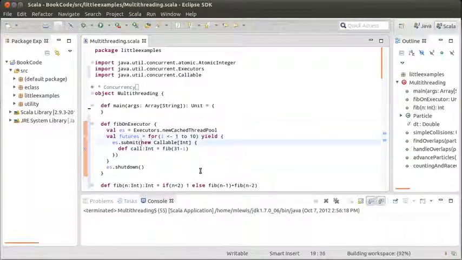And so this goes through and it submits a task in the form of a callable to this executor service. And this executor service is doing a cache thread pool. In this case, it probably won't use the caching. Probably none of the, we're going to create all the threads so fast, none of them will finish before we